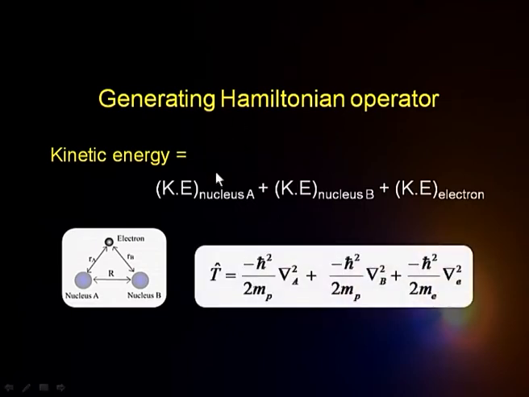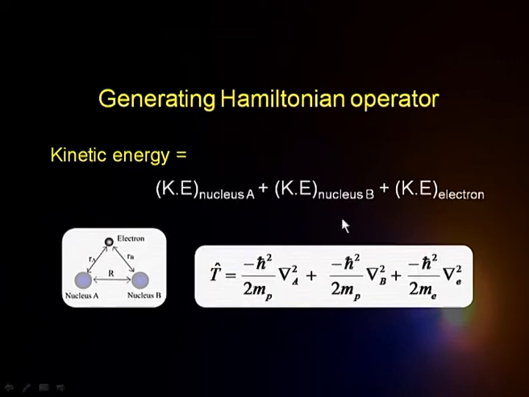So, we can straight away put the kinetic energy operator for the nucleus A as minus h cross square by 2 mp, where mp is the mass of nucleus A, which basically is nothing but my proton. So, it is the mass of proton here, and del A square, where del A is the Laplacian operator for nucleus A here. Now, I am trying to just recall from the particle in a 3-dimensional box. It is just like that, there is one particle moving in 3 dimensions. So, what is the kinetic energy operator for that? That is this one. Similarly, for nucleus B, there is a similar kinetic energy operator there,